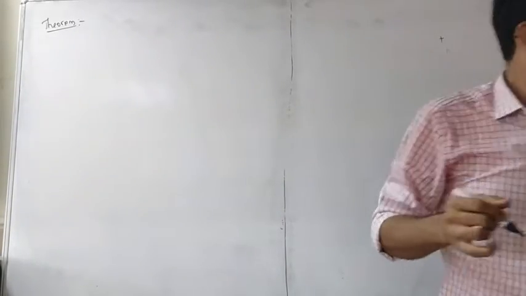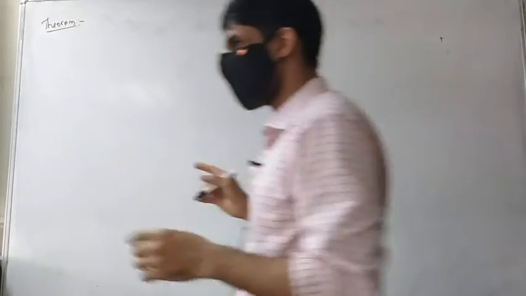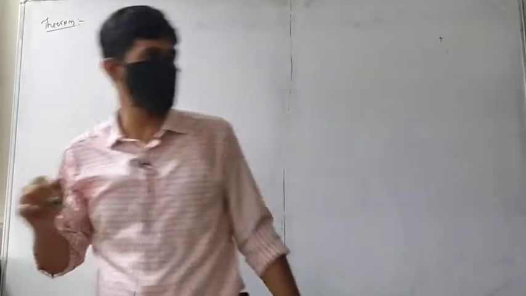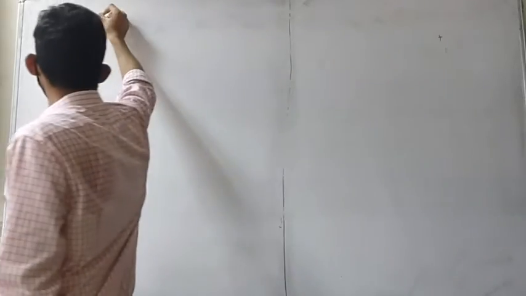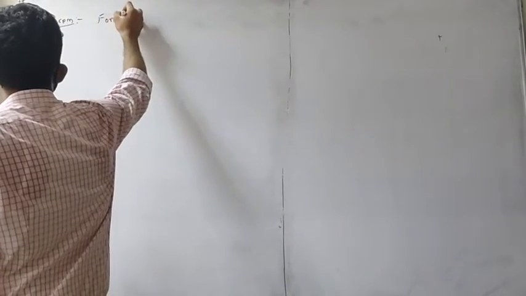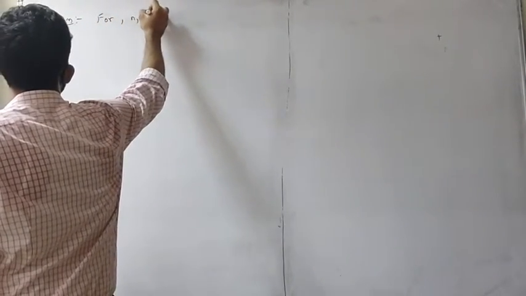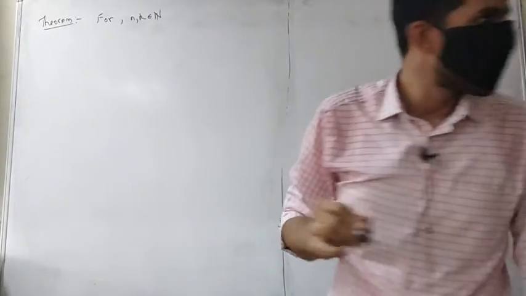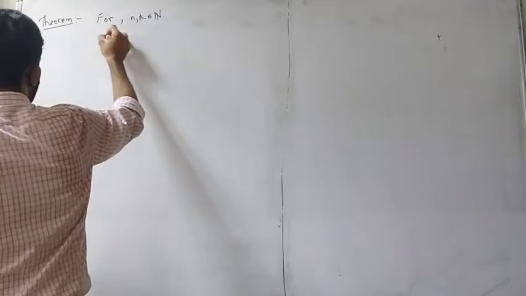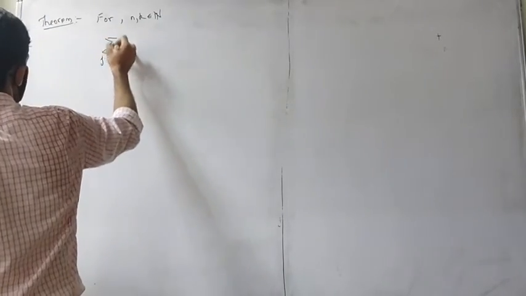See, you can use linear algebra and prove it on your own, but I will do it in this manner. Actually, I am using linear algebra, but I am not using too much. I am just using the fact that these form bases. So for n, k in N, it depends on what assumptions you want to make.